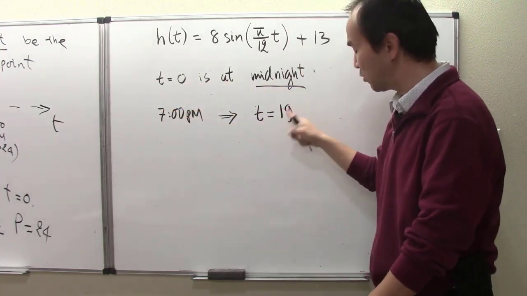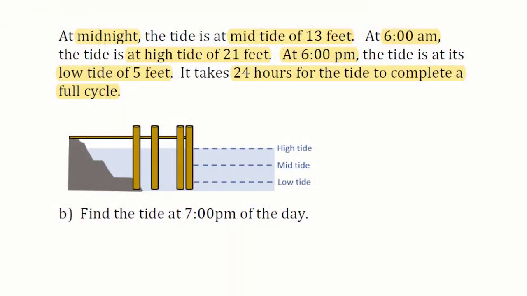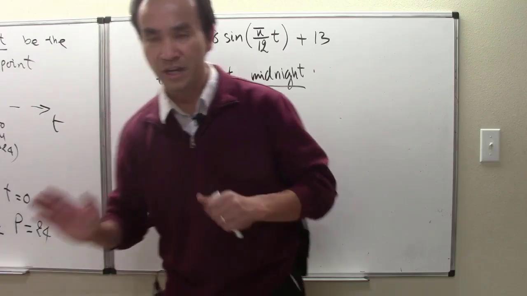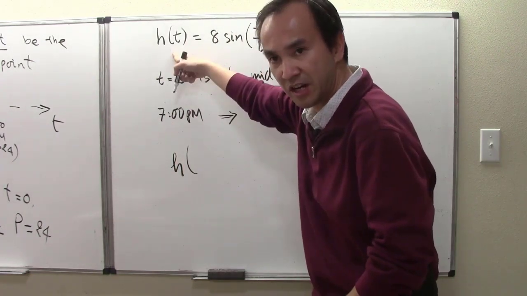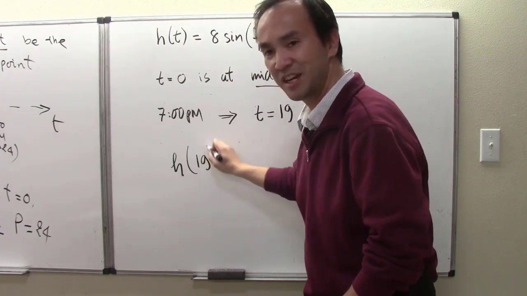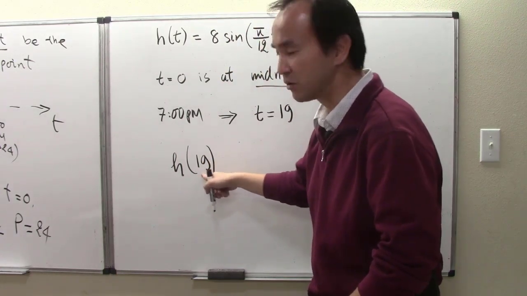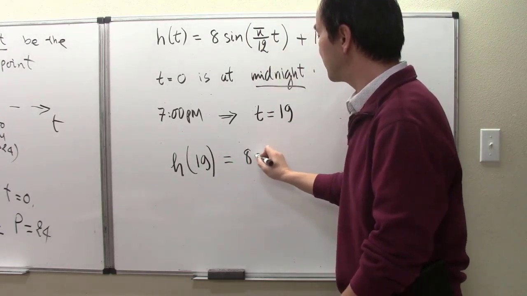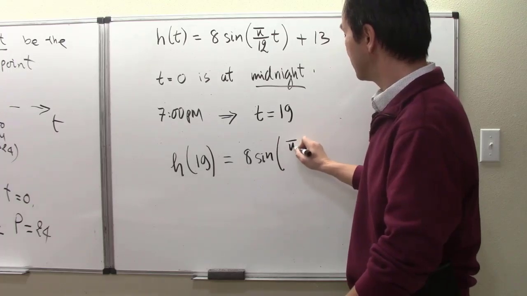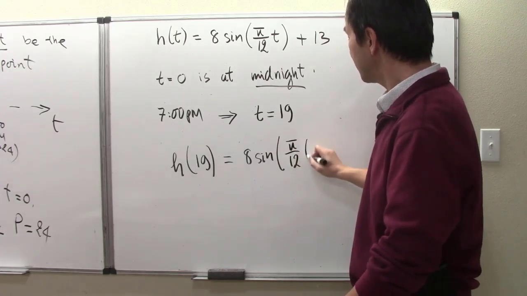then the question of the problem asks us to find the tide height at 7 p.m. of the day. But in this concept of our function, it really means the height of the tide is our function h of 19. So now I'm just going to simply substitute t equals 19 into our function, and that will come out with 8 times sine of pi over 12 times 19